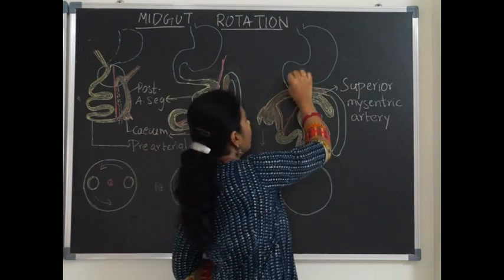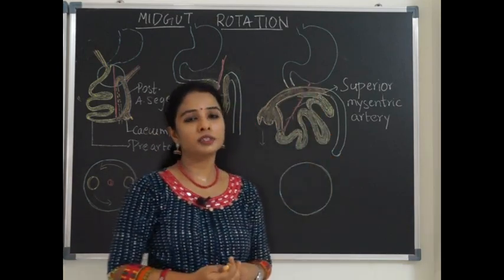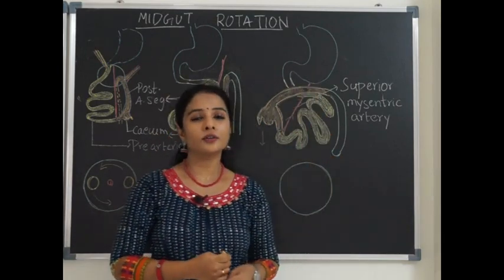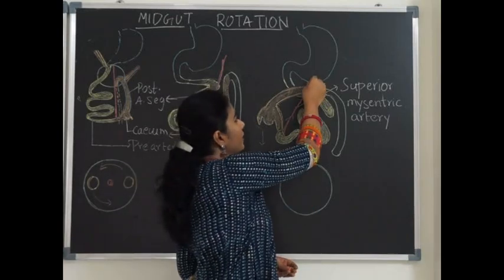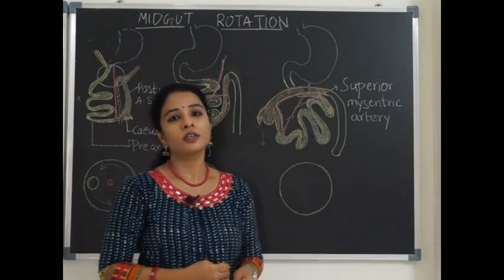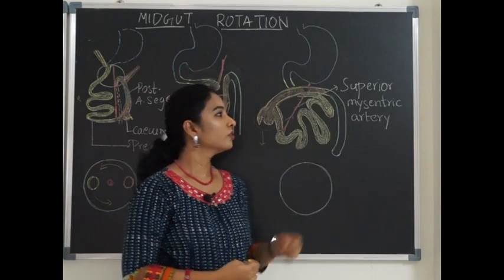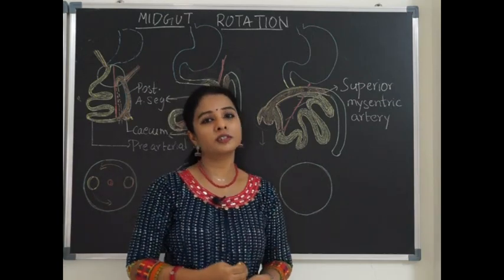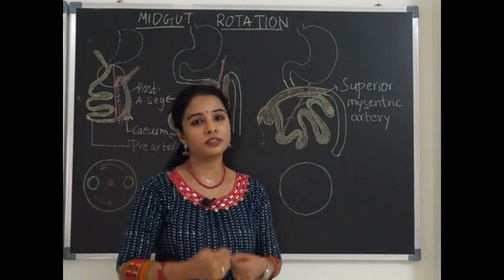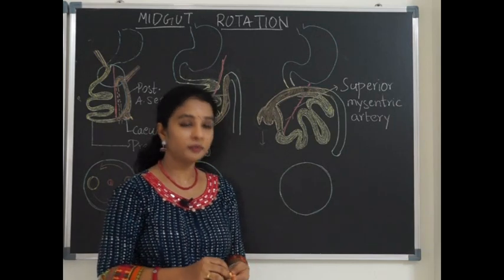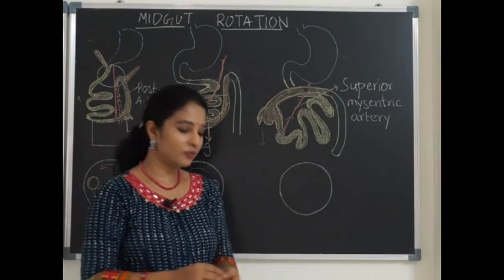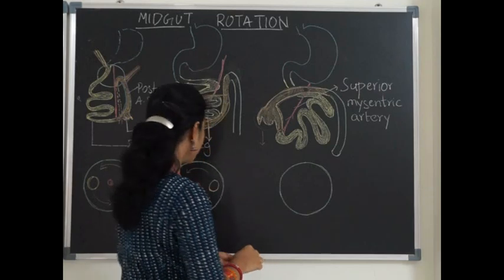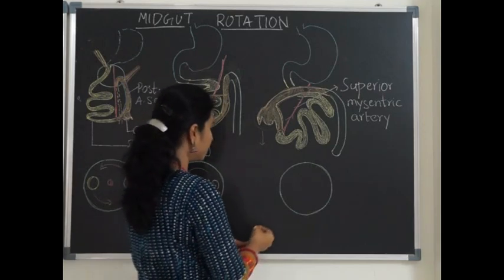So once the duodenum goes up, we can see the superior mesenteric vessels lie anterior to the duodenum, and the same vessels lie posterior to the transverse colon. So the rotation of the midgut explains why the superior mesenteric vessels are present anterior to the duodenum and posterior to the transverse colon. So after rotation, now 180 degrees of rotation,